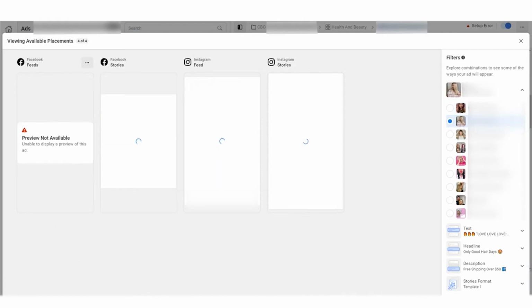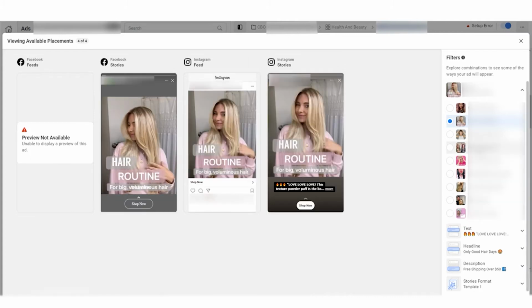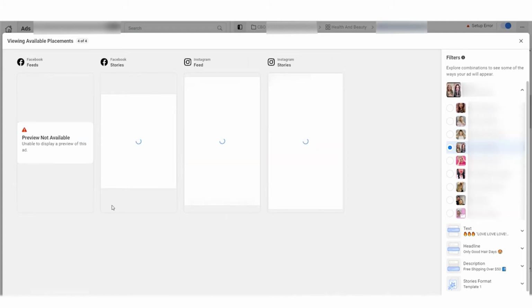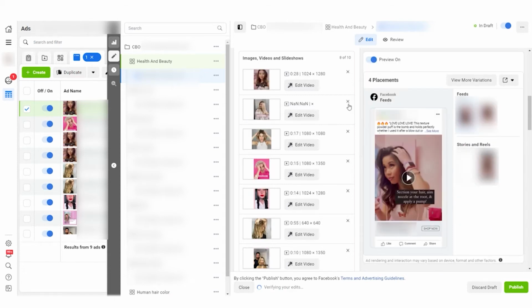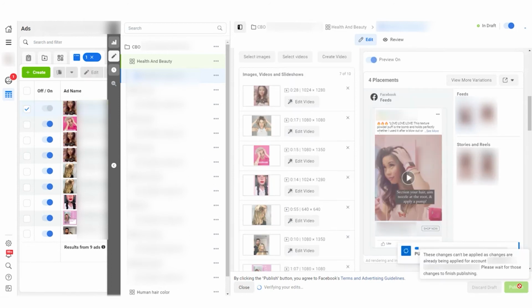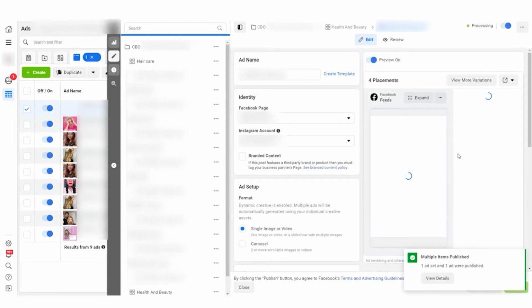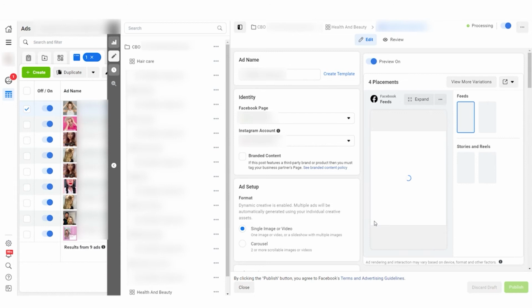You see, it gives that error message. I don't know why it's doing that. And the other one that I located is this one. So in order to run the ads, I need to remove those two. And the moment I click on this one, and then I click on this one, it's actually going to solve the issue, and it's going to be published. See, the error now is fixed.